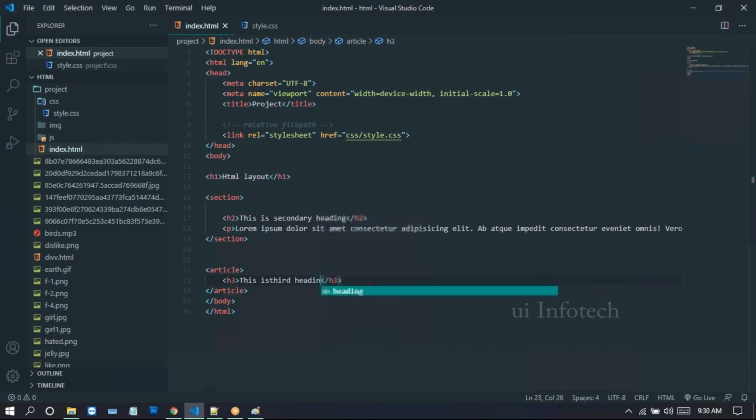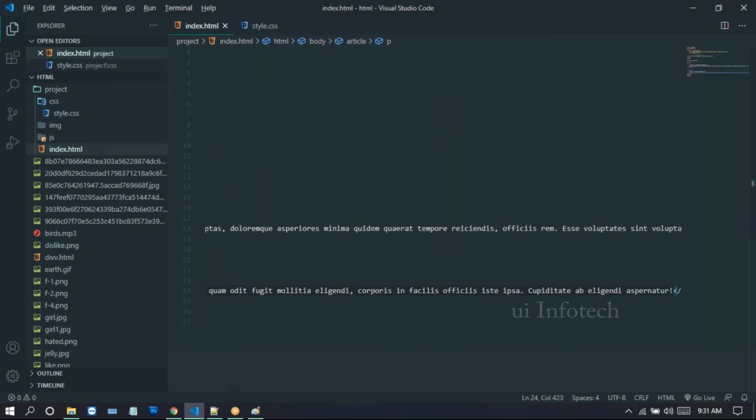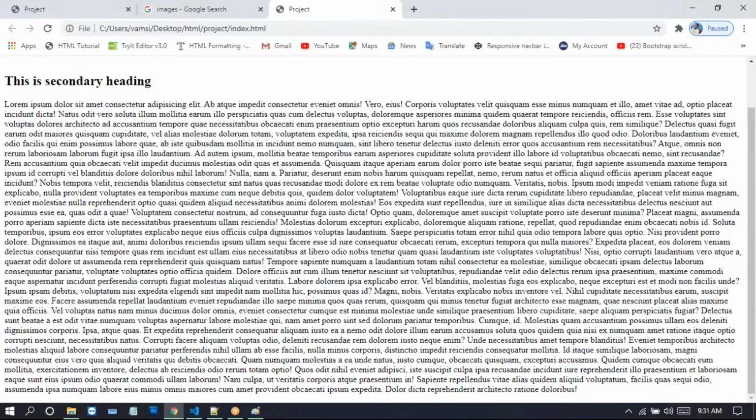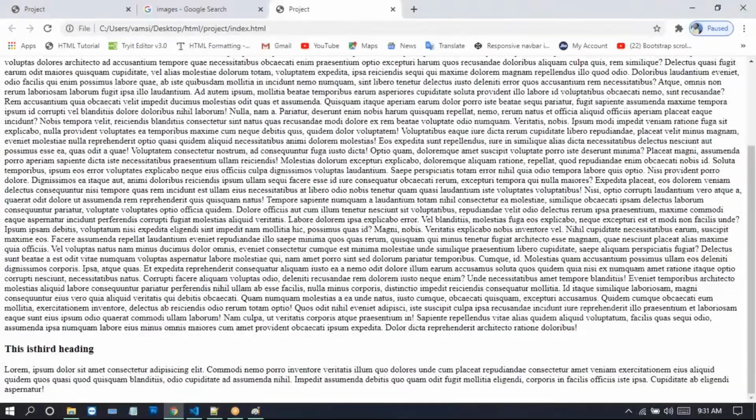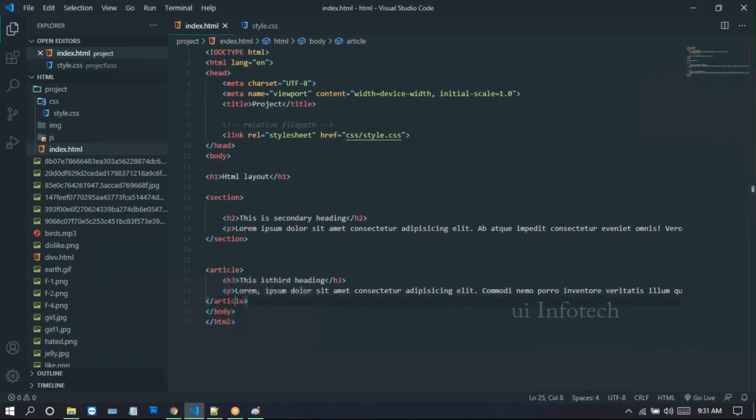Again I take a paragraph with dummy text. Now you can run this in the browser: go to the browser and refresh. Now we have this. We can also take an article inside this section. Like this, we can provide the tags. So I just remove this one.